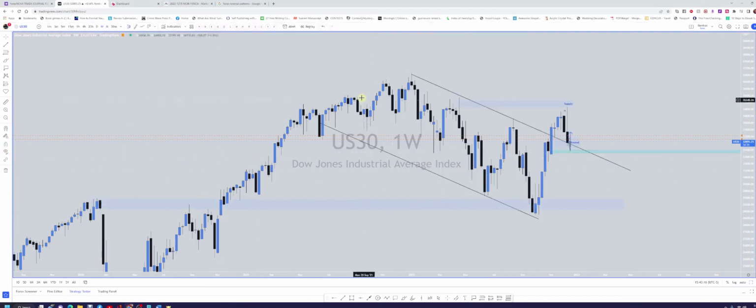Here you see price on this weekly had made an impulsive move, and then it started making what's called a complex pullback. It means your higher time frame is going one way, but your lower time frame has to break structure to create that pullback. So on your daily, your 4 hour and your 1 hour, you were getting lower lows and lower highs. If you turn on your line chart,